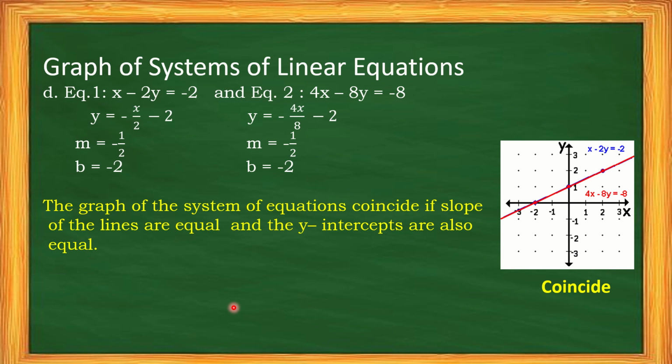Or m sub 1 is equal to m sub 2. So m sub 1 refers to the slope of the first equation, m sub 2 refers to the slope of the second equation, and b sub 1 is equal to b sub 2. b sub 1 refers to the y-intercept of the first equation, and b sub 2 refers to the y-intercept of